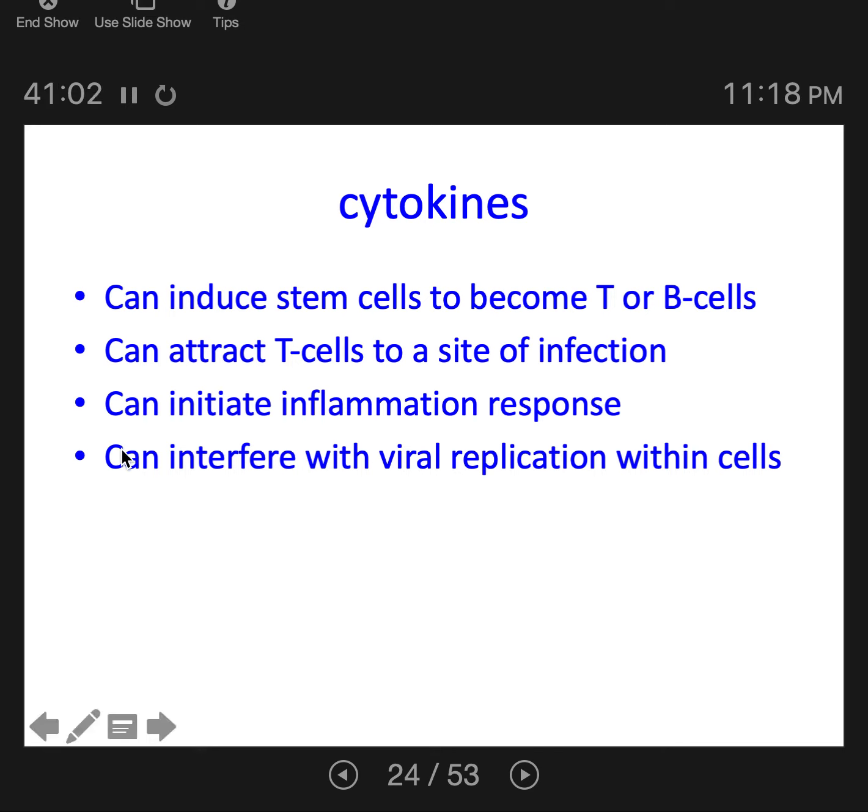Cytokines can initiate inflammation. We usually think that pathogens cause inflammation, and so inflammation is a bad thing, but actually inflammation is your body's response to infection, and it helps you fight the pathogen. It helps you get rid of the pathogen. Additionally, it's not on here, but I should say inflammation and fever. Those can go hand in hand. They're usually caused by similar cytokines. So cytokines can cause inflammation. They can also cause fever. Cytokines can also interfere with viral replication within cells. So sometimes cytokines are released to stop a virus from replicating inside your cells when you get infected with a virus.